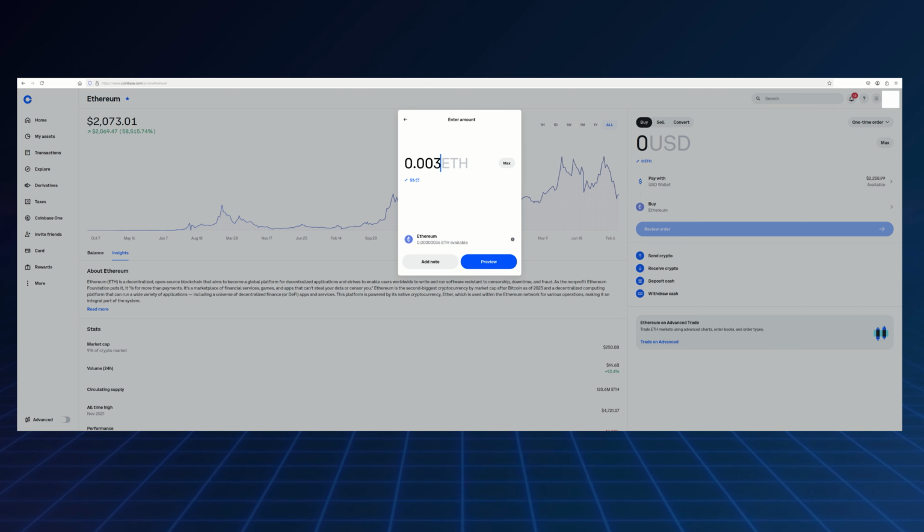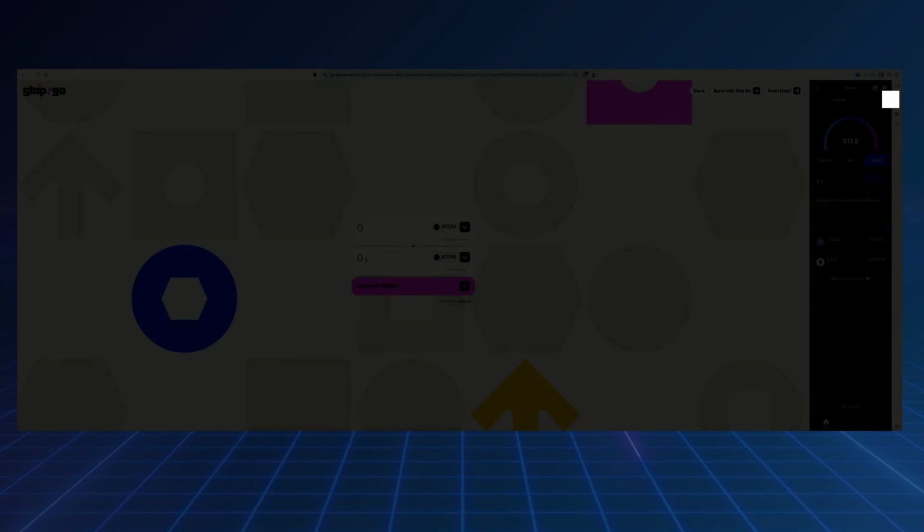Previously I had sent USDC, but the process is the same. And it's worth noting that on Coinbase there is a feature to whitelist, which is highly recommended because that will prevent funds from being sent to an address that you don't control. So now we're going to go to